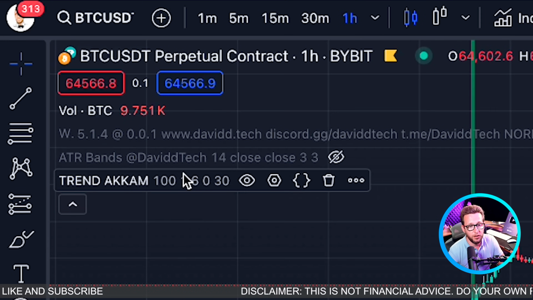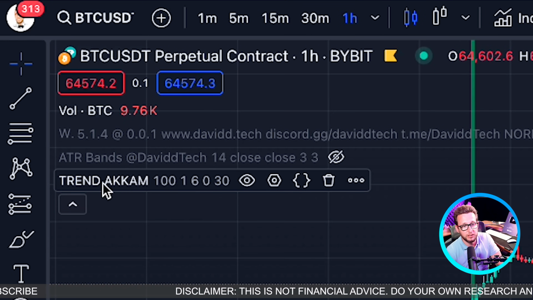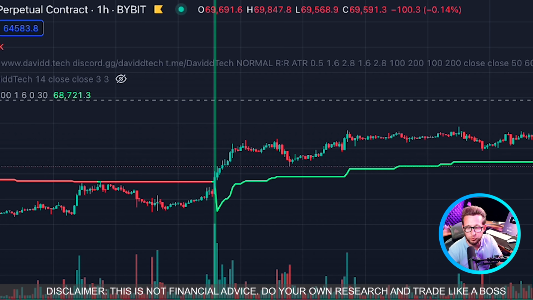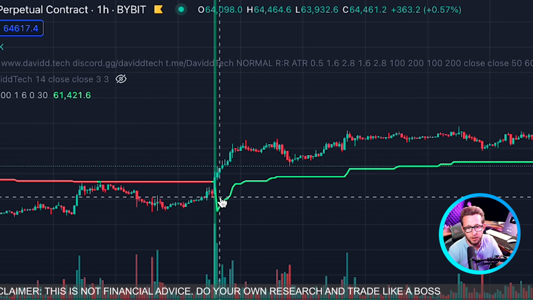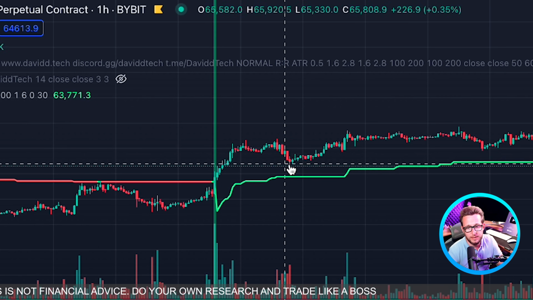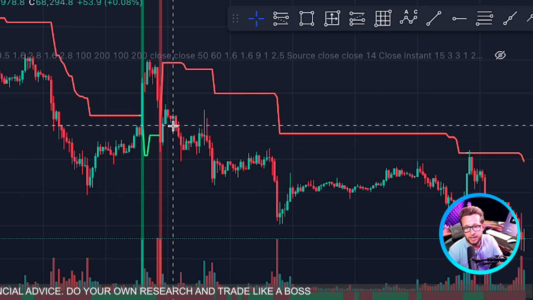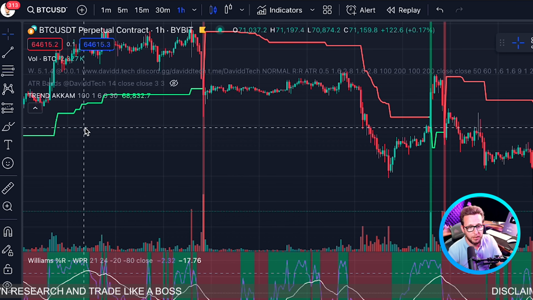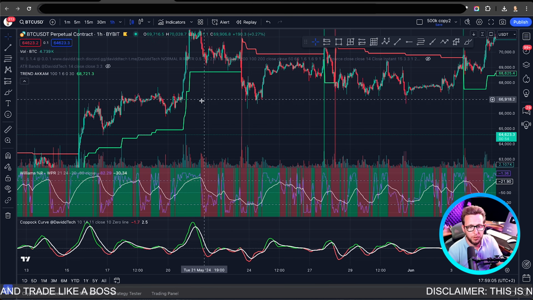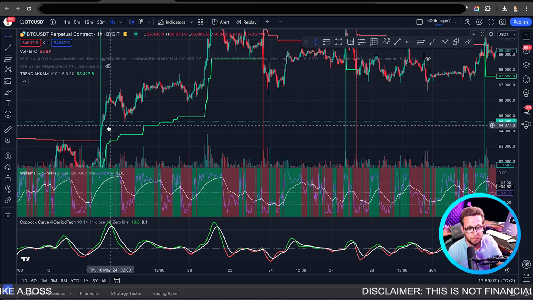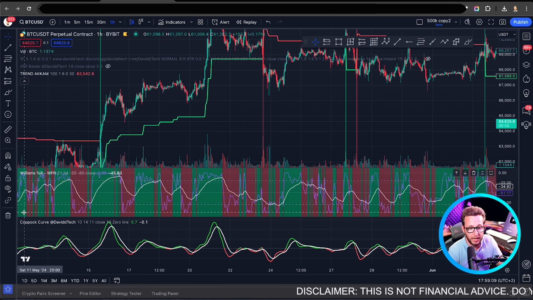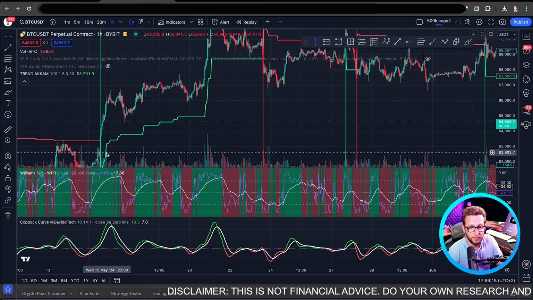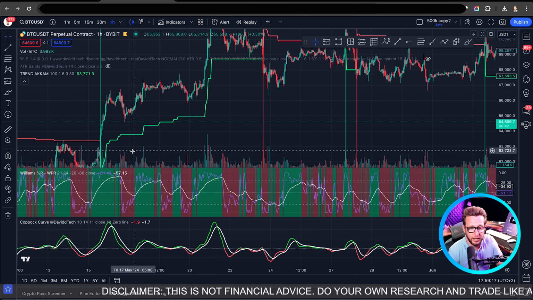Okay, so the first indicator that we added on Monday was the trend ACM, which is this green line here that gives us our trend direction. When price is above this green line, we're looking to take longs. When the line is red and price is below it, we're looking to take shorts. That is the trend ACM, that is our baseline. But as you probably know, here on DaviddTech, we use several indicators. We use a baseline and a couple of confirmation indicators. So for us to take an entry, we're looking for the trend ACM to be green, and we're also looking